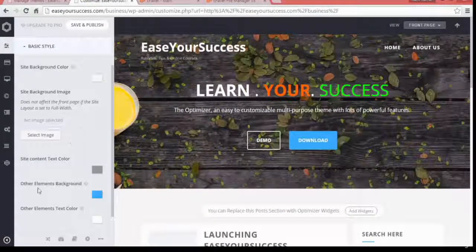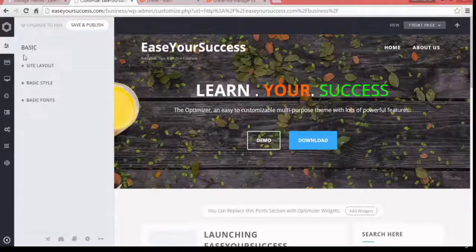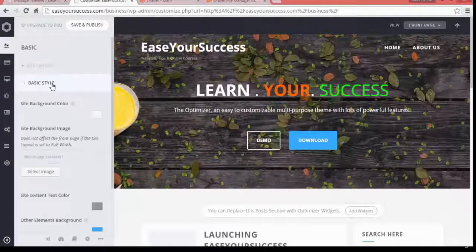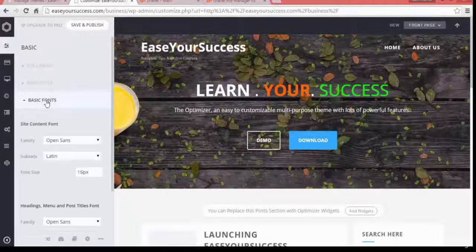And then we have the element, so no need to worry about all these things. If you want, you can go ahead and choose a color for this, like this color or something. I don't want to change anything, so that is the basic style, which we have already done. Basic font also we have done, so you can choose the font in which you want to display these things. Right now I'm not going to change it.